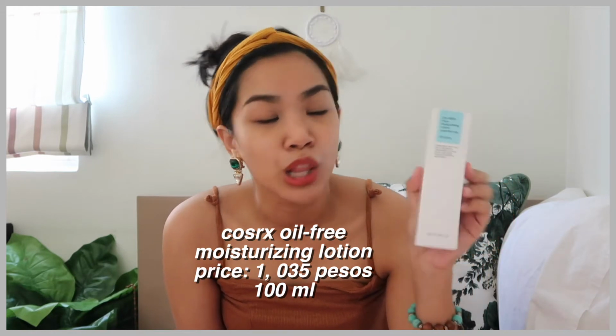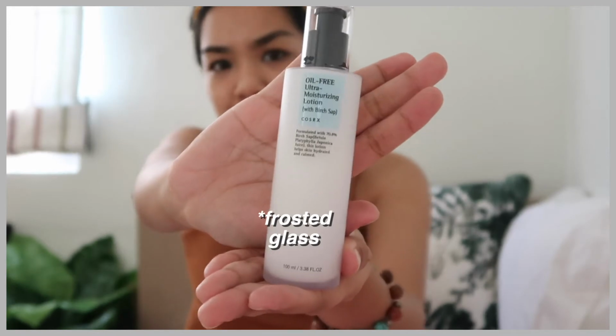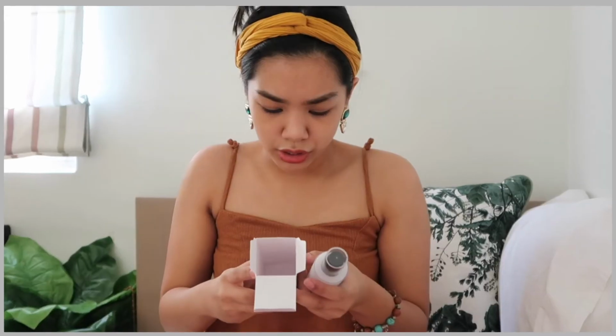Now next we have the COSRX Moisturizing Lotion with Birch Sap. May pasap-sap pa sila. Galing puno lang naman yan, mga COSRX has been highly recommended by a lot of my friends who have terrible skin as well. None of my friends have tried this moisturizing lotion, but I wanted to try that myself because the reviews are great and I need a good moisturizer, and so far nothing has been doing the trick. And I need something that's also lightweight, or parang that I can bring along with me. It has sort of like a glass packaging. Instructions are in Korean, so...